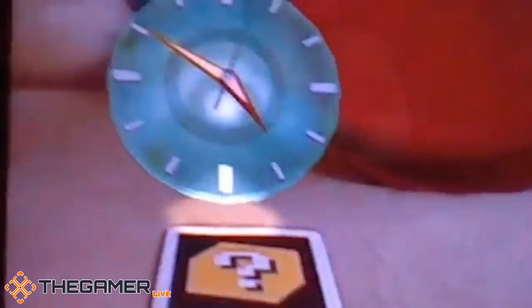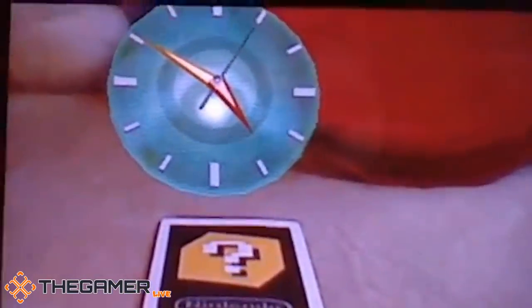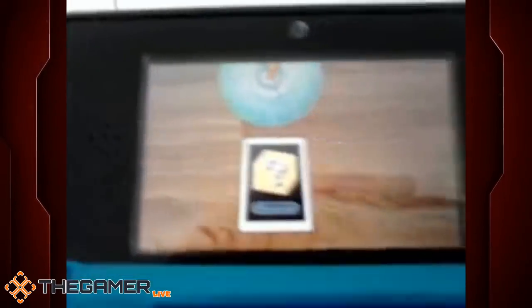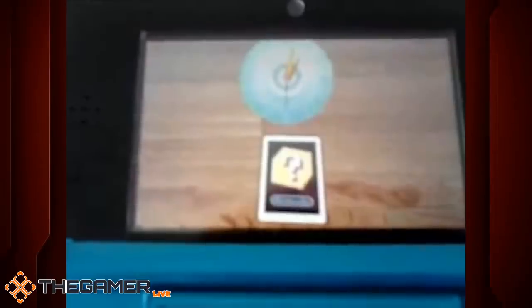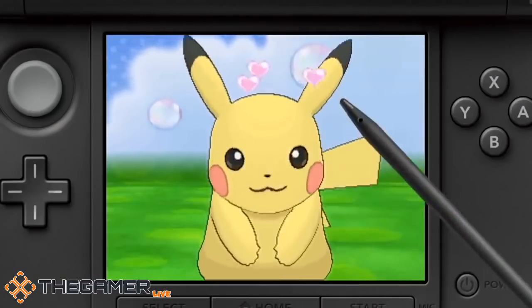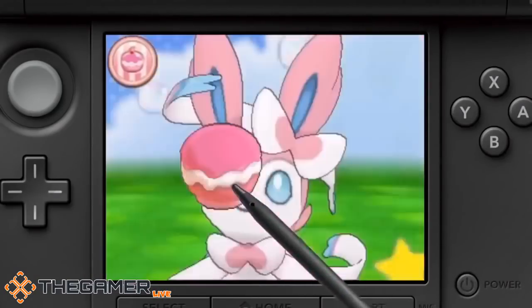Like most clocks, this cuckoo clock has an hour hand, minute hand, and a second hand. What else does this clock do aside from keeping players punctual? Well, if players press the A button, a cuckoo bird will appear from inside the clock, and sometimes it'll be replaced by a hen. The difference between them is the hen will make barking sounds, which is more in line with actual chickens, obviously. While this feature may seem somewhat pointless, there is one more thing the cuckoo bird can